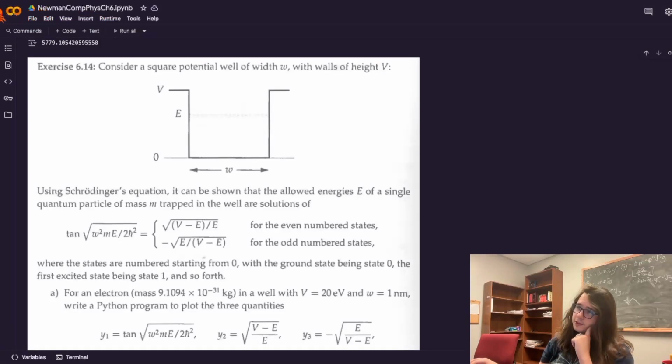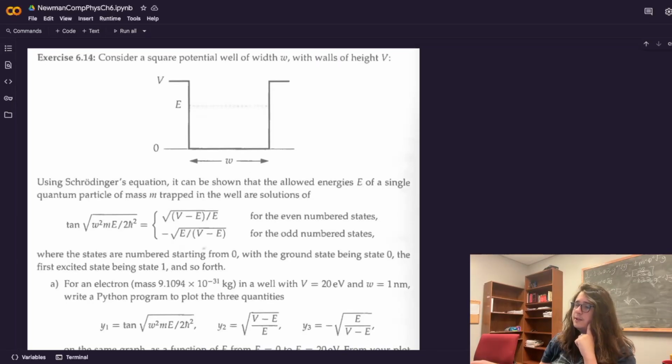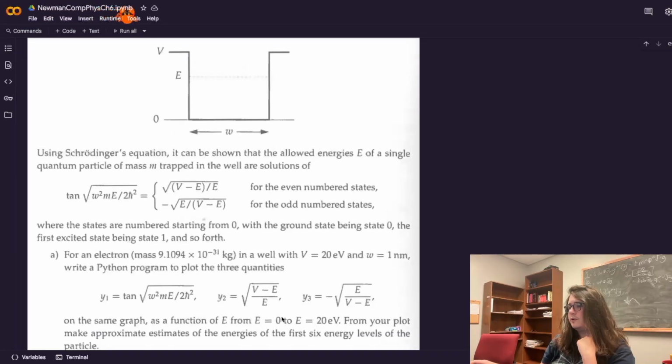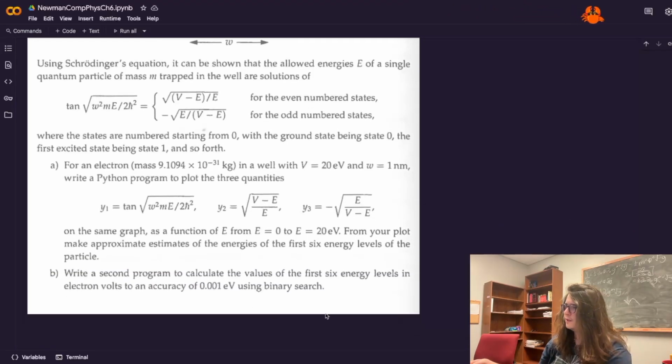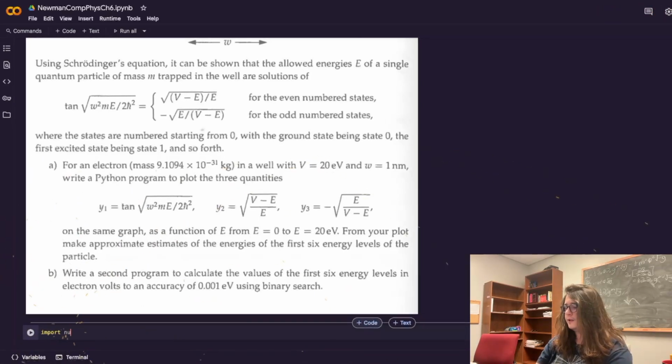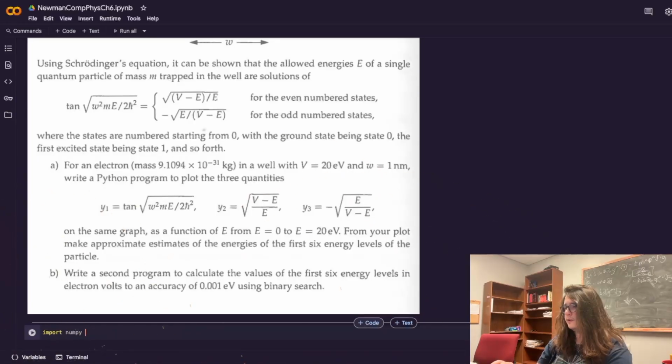We have a square potential well of width W and height V, and we're going to be finding the energy levels for it numerically. First of all, by actually just plotting these three functions here, y1, y2, and y3, which will help us find the approximate solutions for the energy well, given this behavior here. So, it is just a plotting problem for the first part, so it's going to be fairly routine considering this